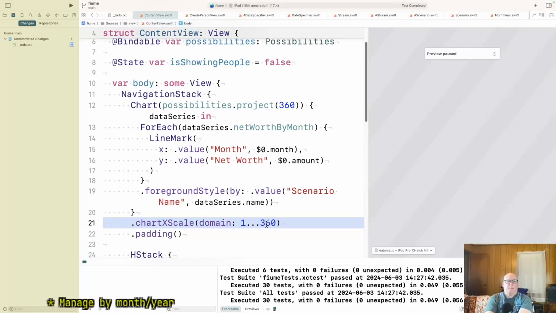So what should we be doing? I think the domain should be month years. So maybe that's the thing to look at.